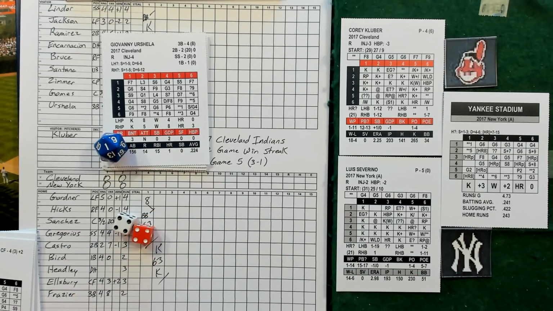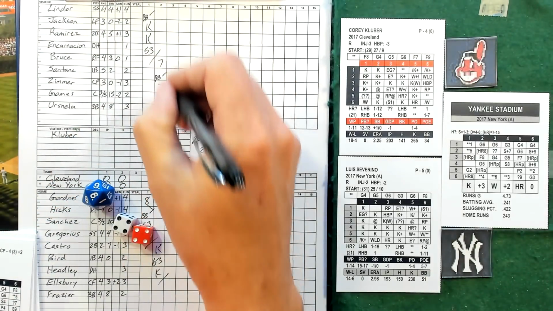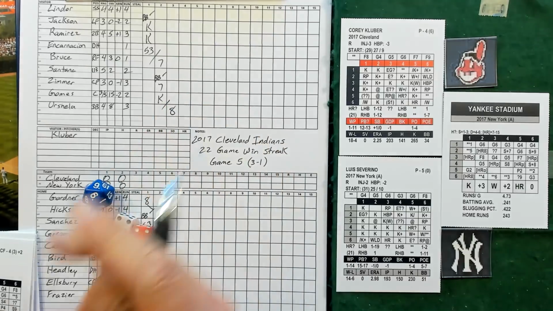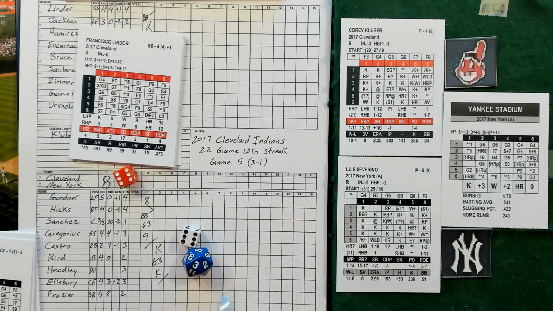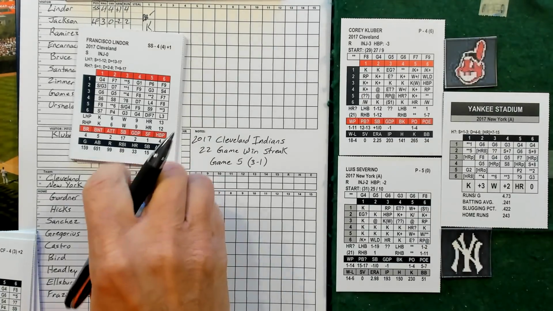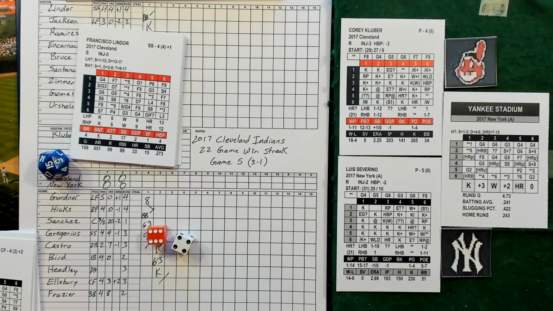4-4 versus righty, the fly ball to center. 1 away. Top of the order, Francisco Lindor. 6-6, ballpark. Range play at the ballpark. 6-4, single to center field. Could try for 2,